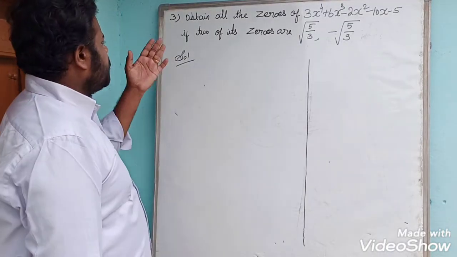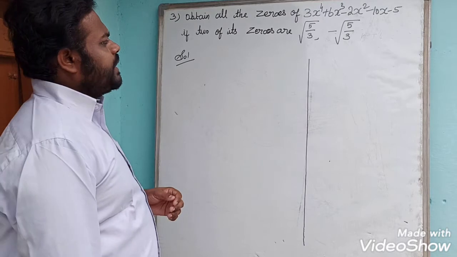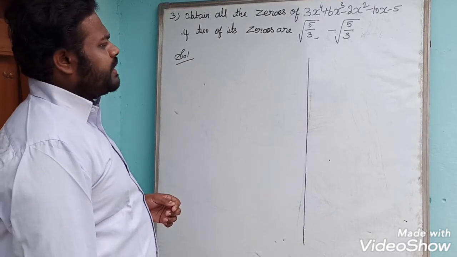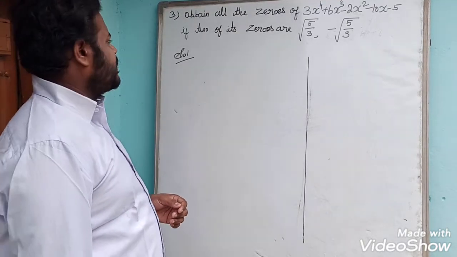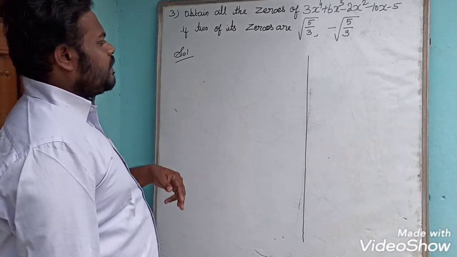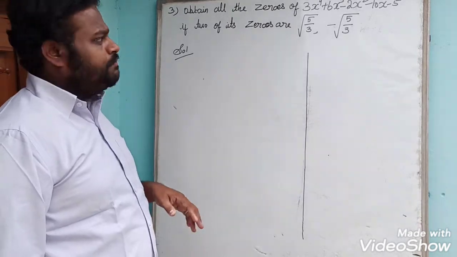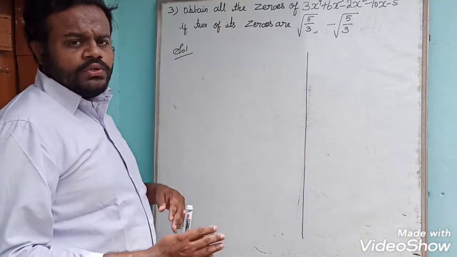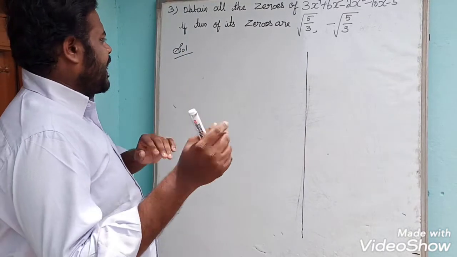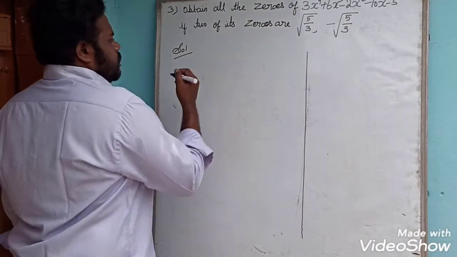Now we see question number 3. Obtain all the zeros of 3x power 4 plus 6x cube minus 2x square minus 10x minus 5, if two of its zeros are root 5 by 3 and minus root 5 by 3. So this question is equal to example 9. So because of that,